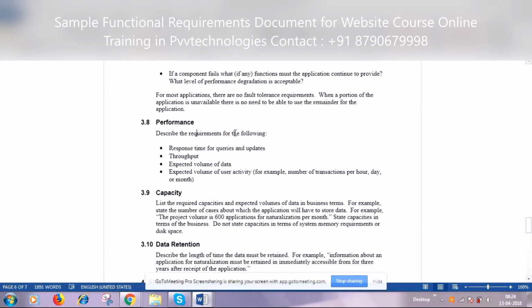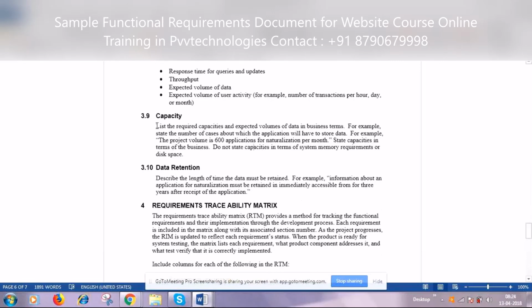If you are providing a from date and to date, from location to location, and for one way you are selecting a particular date, what is the response time in which the results are being shown to the user? What is the expected volume? What is the throughput? All these items are basically the performance. How well your application performs to the queries made by the user will be the case here.